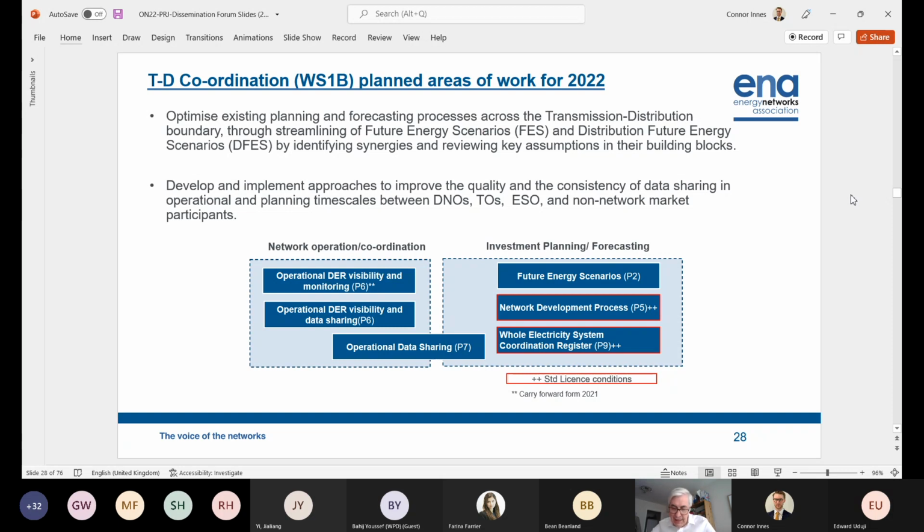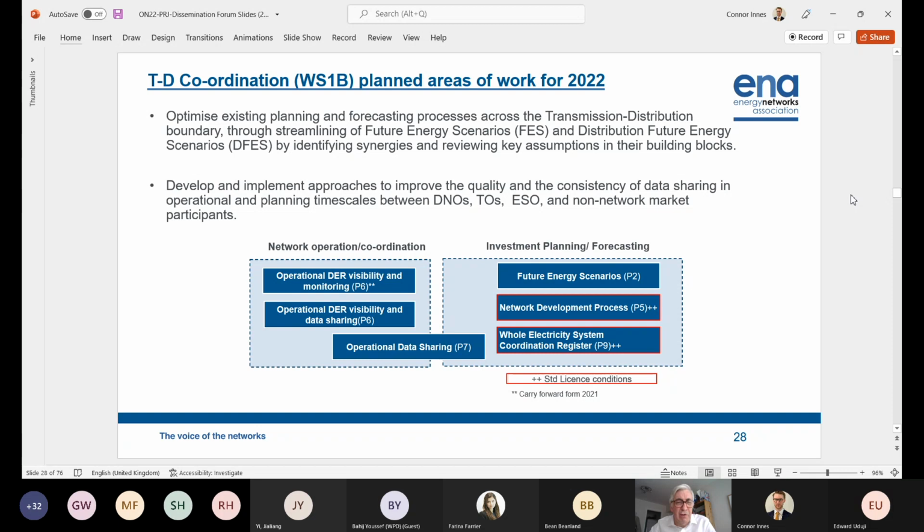Looking at the two key objectives for this coming year, as it says on the slide, it's to optimize the planning data in terms of what we think the stresses on the network will be in terms of demand, generation, storage, electric vehicle connections. All this is going into